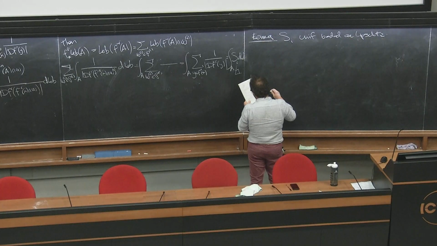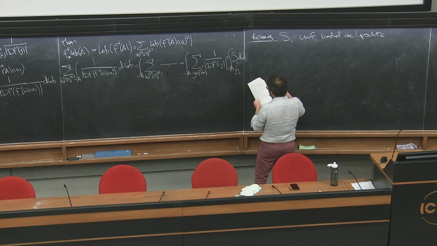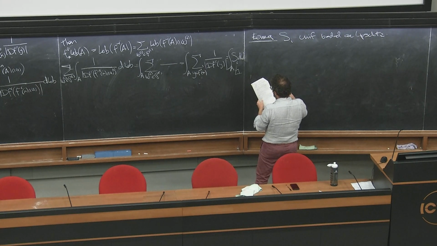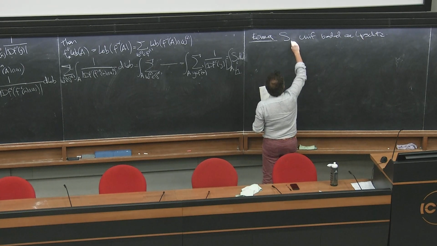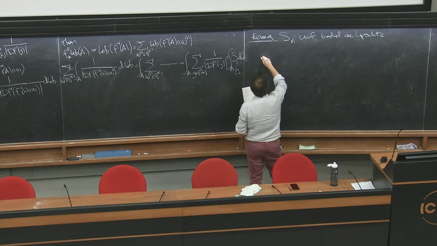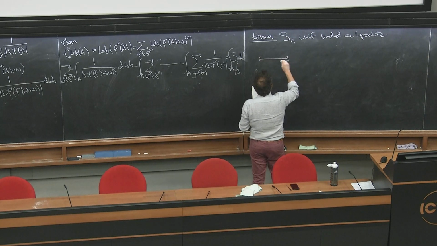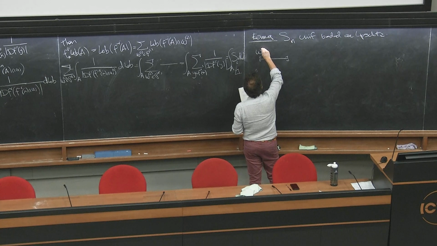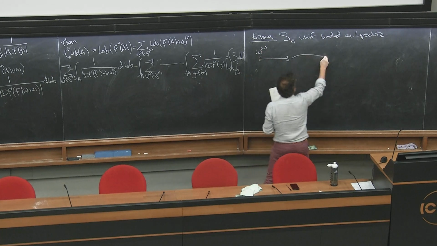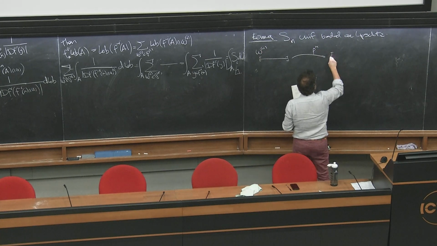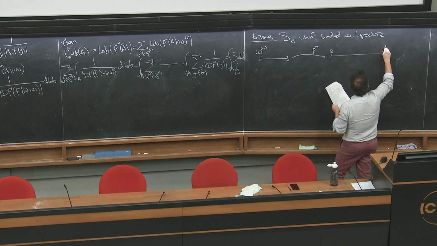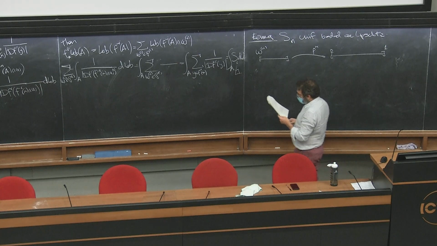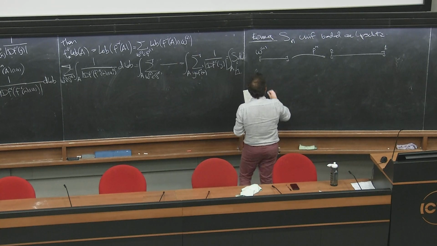So let me call it S_n, just the same, so it's easier. So we have our intervals omega_n, we have F^n, and it maps to the interval [0,1], right? And then the bounded distortion